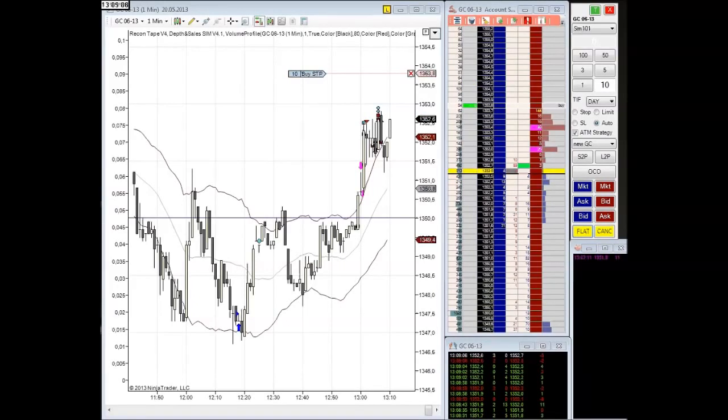I'm fine just to put my entry 2 ticks above this previous higher high from earlier today, this early hours,